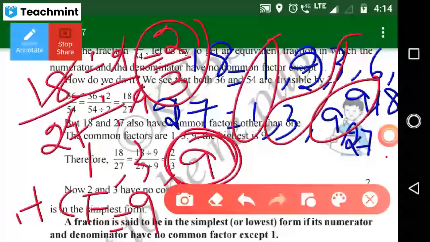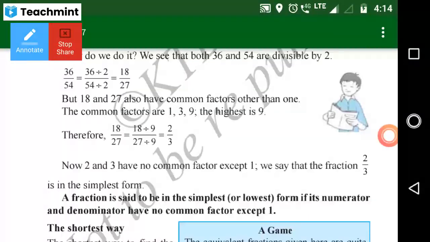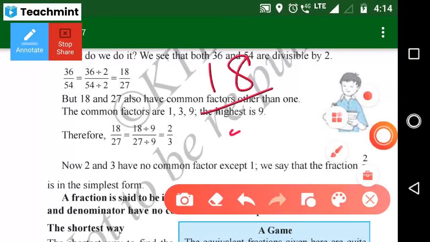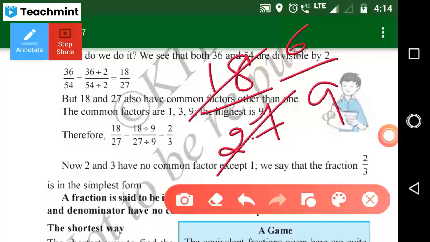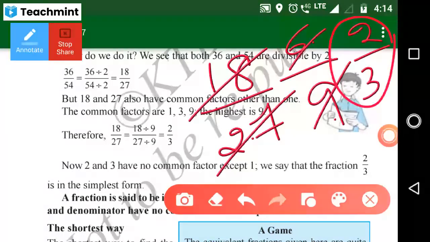After we divide 36 by 54, we get 18 by 27. Can we stop right there only? No, ma'am. No. It can also be divided further, that is not the simplest form. You just observe, you know that 18 and 27 come under the same 9 table. It means that is 3 table also. You can divide it by 3. 3 sixes are 18 and 3 nines are 27. 6 and 9 also are divisible by 3 only. 3 twos are 6 and 3 threes are 9. So 2 by 3 is the simplest form.